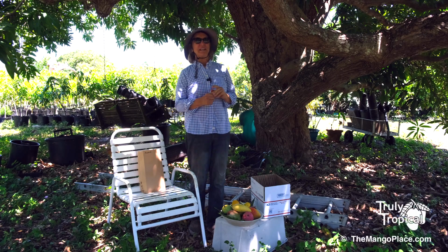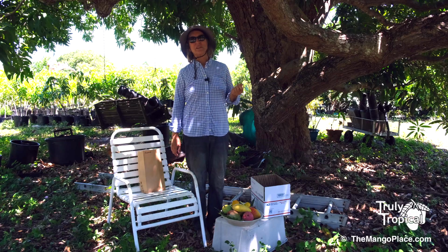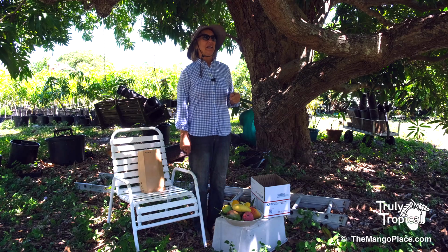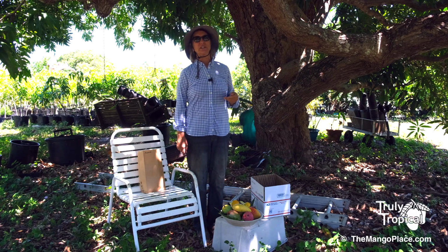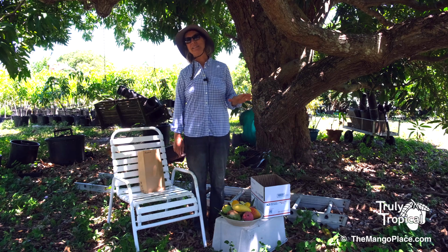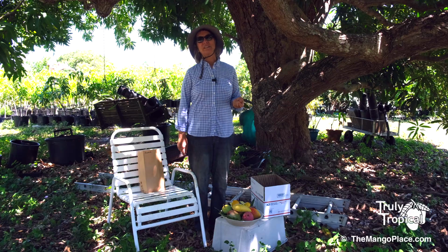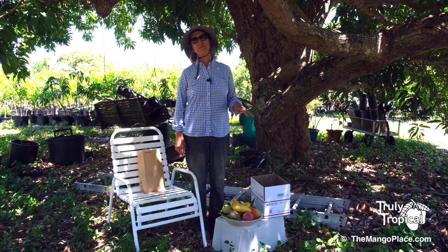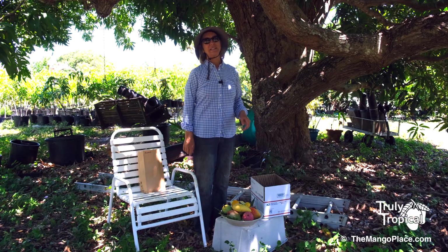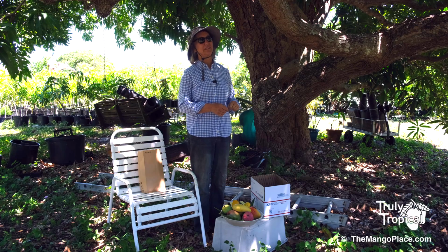So mango season is here. We've got a lot of mangoes on the trees, even though we've picked a lot of mangoes already. It's just been a really good year, and that often will happen after a year that's not so good. As you probably recall, last year we had very few mangoes. This year, the trees are ready to make up for that, and we've just got a lot of really nice